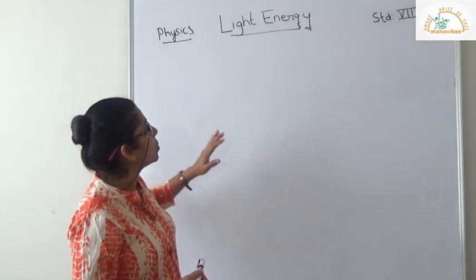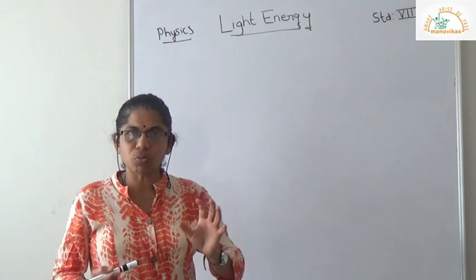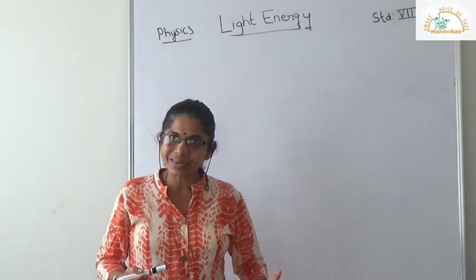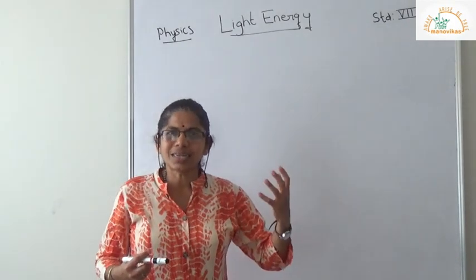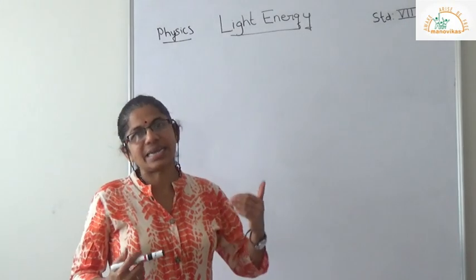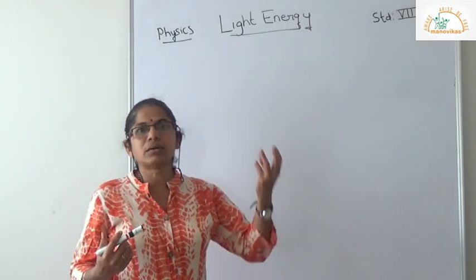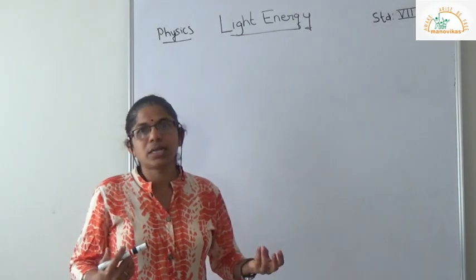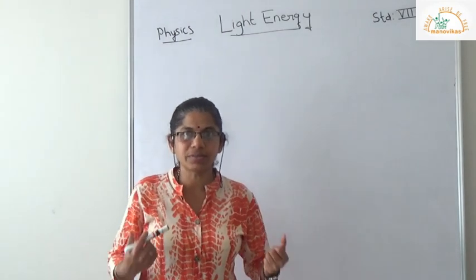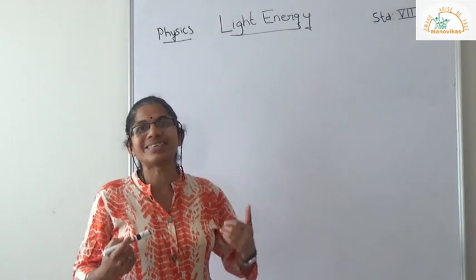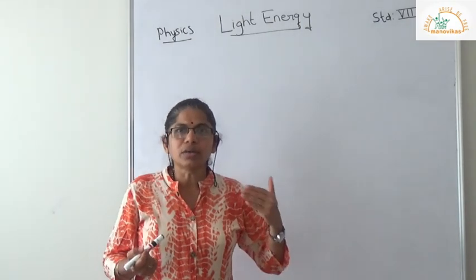Alright? So in the previous class you will have learned that light is a form of energy. It is the only energy that can be seen. Then the sun is a major source of light energy, and there are other sources of light energy like bulb, candle, stars. These are some of the examples of sources of light. Right? Now you have learned about